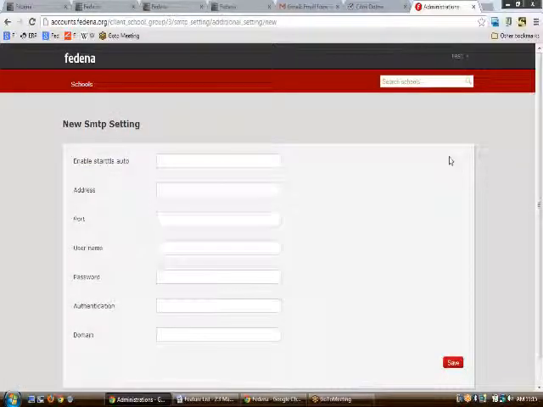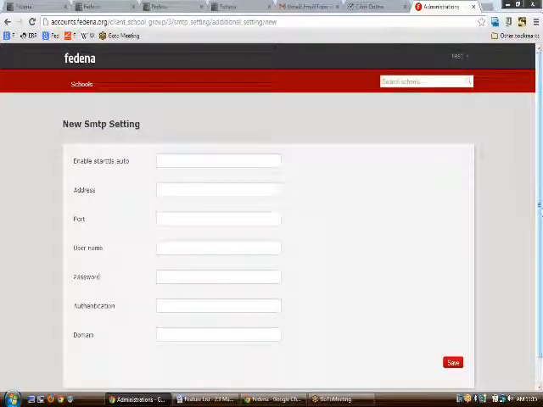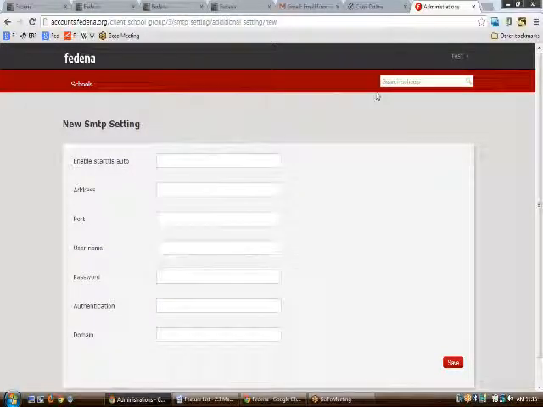So to do the email settings, I would like to tell you how this is to be done. First of all, these settings are to be provided by an SMTP provider who will be giving you the details regarding all this. Once the details are given, you will be filling up the details, and these settings can be used by the schools that you have created. All the schools that you have created will be using this email setting to send email for every email-related thing of their school.